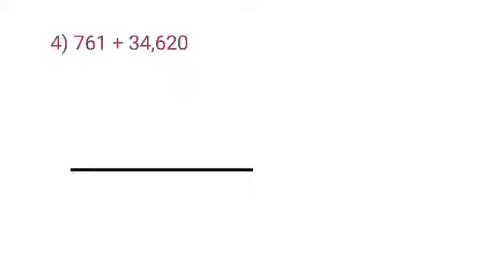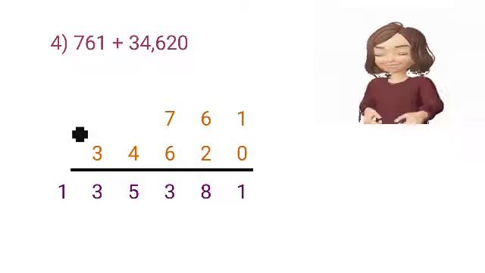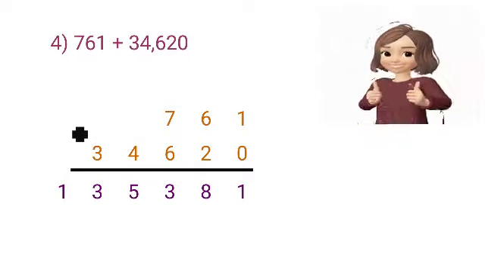Here is the next question, my addition. Now I have written the addition sign also. I have written the answer correctly, but still there is some mistake. Yes, according to my convenience I have written 761 anywhere, and where the empty places are I have written 00. That means wrong. So this is the correct way of writing the answer. Hope you understood how to add 6 or 7 digit numbers along with the word problem.